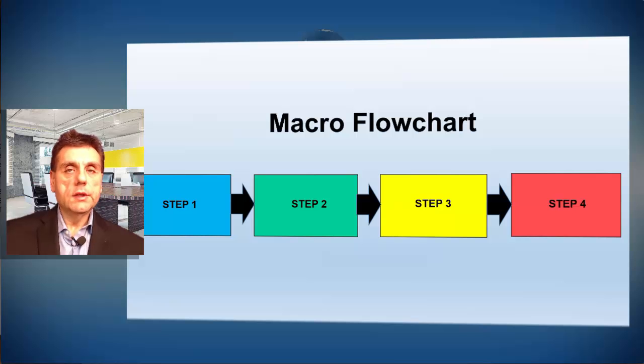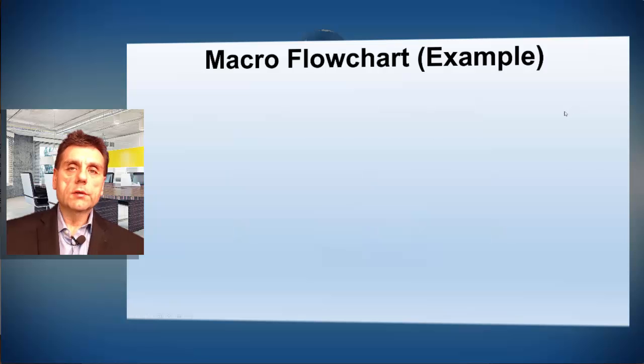So the interaction between processes is shown in this macro process, or the main business flow chart. So let's look at one example of a macro flow chart,